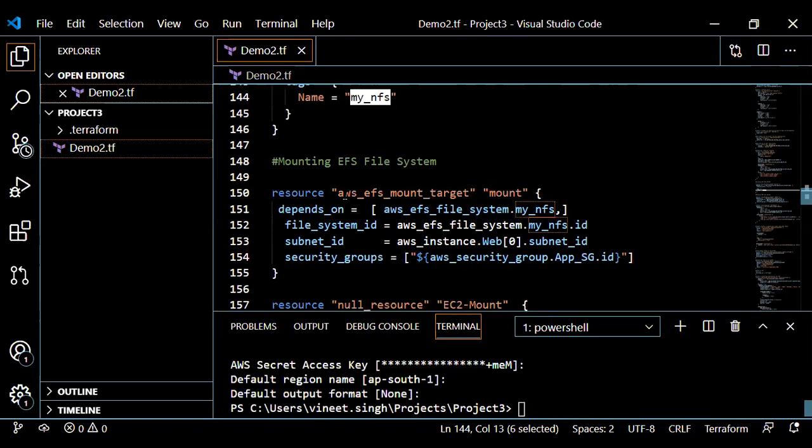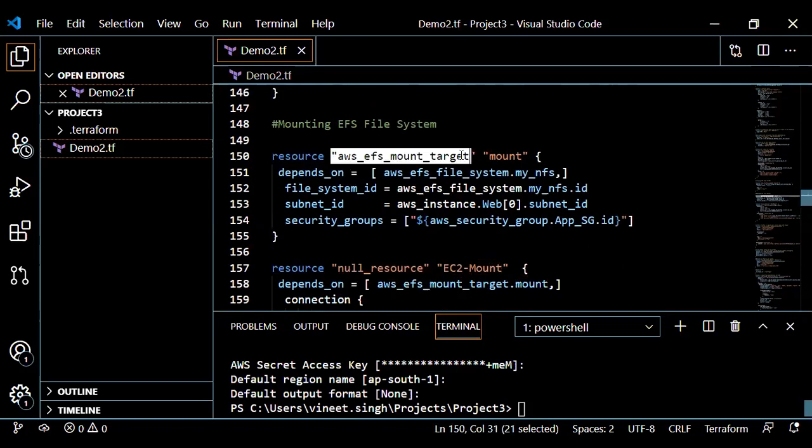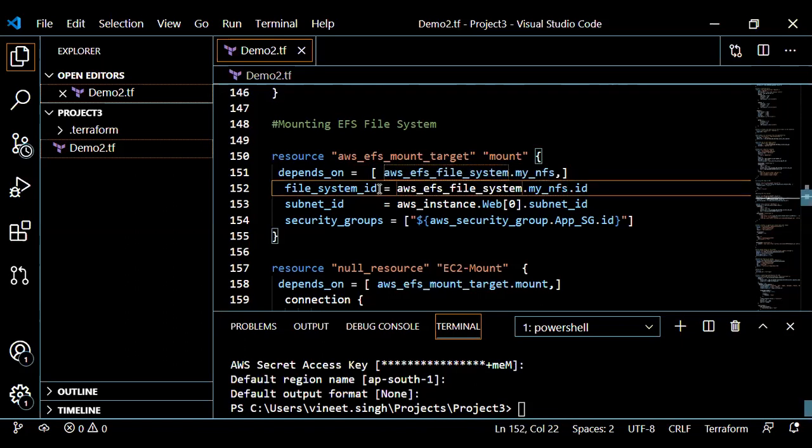When you create an EFS file system, it creates mount targets. So in terms of Terraform, you can create your mount targets using this specific resource block type, which is AWS EFS mount target, and this is a local name. Now this specific target can only be defined when my EFS file system is created. So I've provided the dependency in here, and once the file system is created, it will be provided a unique specific